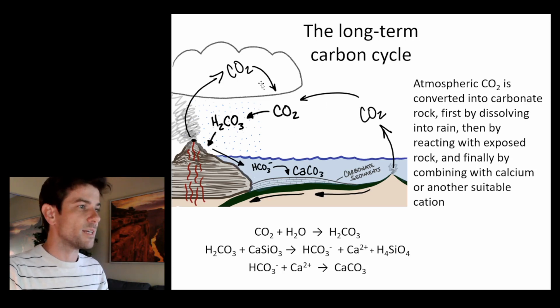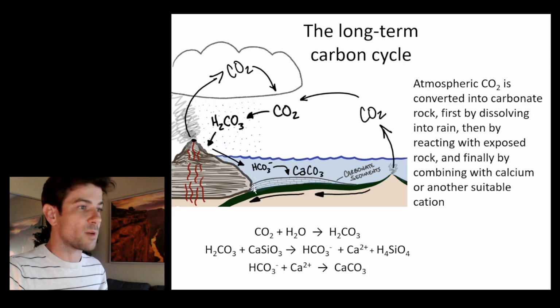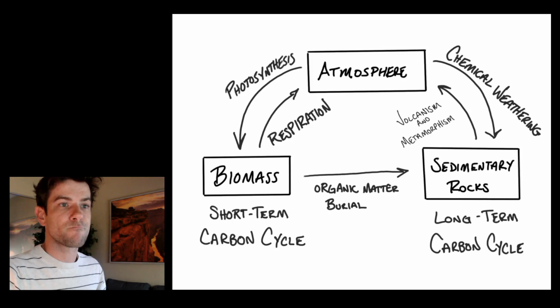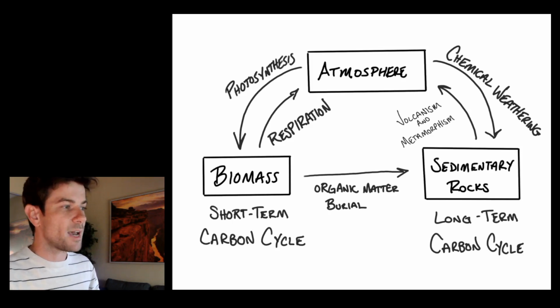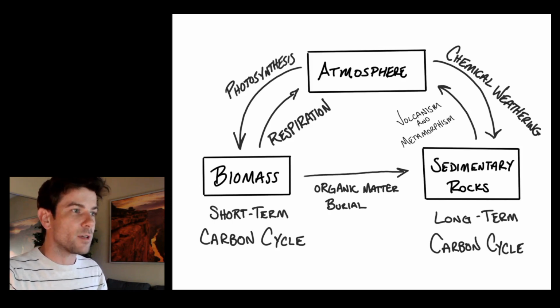Atmospheric CO2 is taken, converted into a rock, which is stable for long periods of time. CO2 is also emitted to the atmosphere through volcanism, right, and other weathering processes. But in general, this calcium carbonate sediment or some type of carbonate sediment is going to be stable for long time periods. Okay, so through that short discussion there, we've established really three important reservoirs in the carbon cycle: the